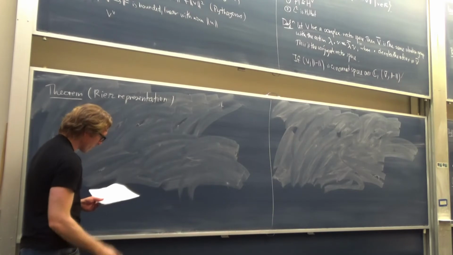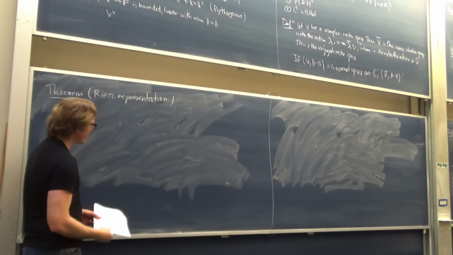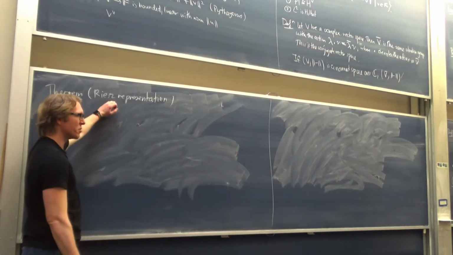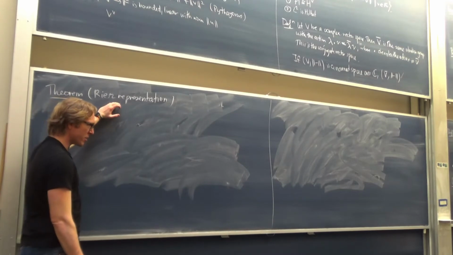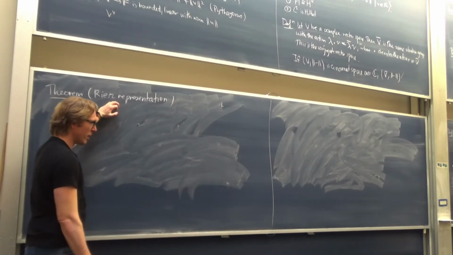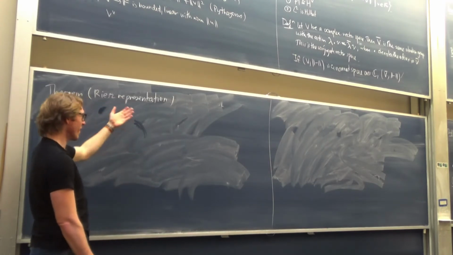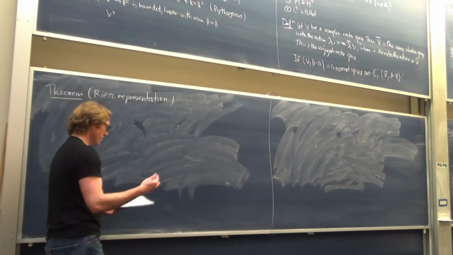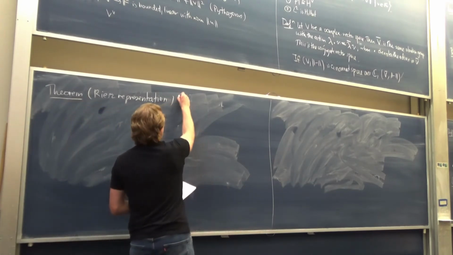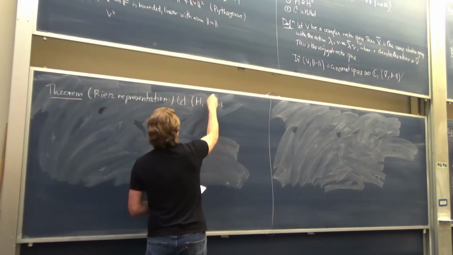This is given the name of the Riesz representation theorem. There's actually several theorems that have this name. One of them I've mentioned already, which is a characterization of integrals against a measure in terms of continuous linear functionals on a space of functions. So that's also sometimes called Riesz representation, and it's related to this statement. There's a bit of a confusing point there in the literature, but in this context,